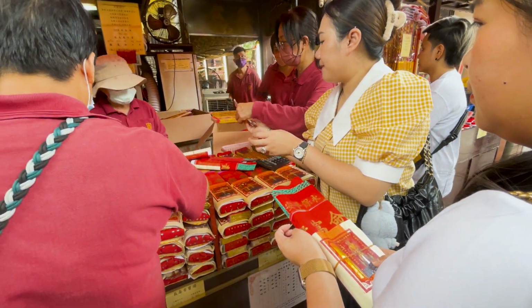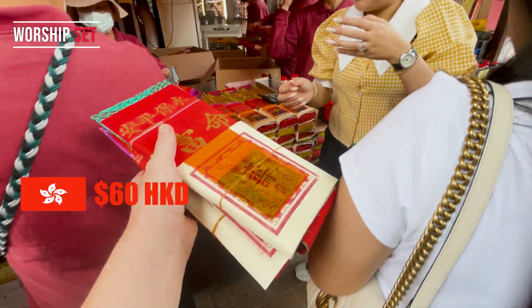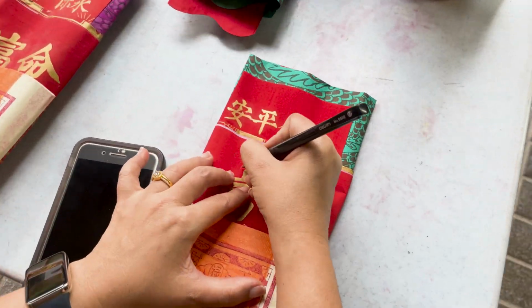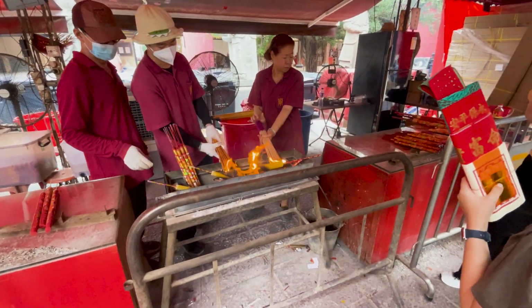And to pray at this temple, you buy your incense sticks just inside the entrance of the temple, which at the time of this video costs $60 per pack. And we found a place to write down our names and birthdays on the incense pack, which is meant to bring good luck. And then to pray at this temple, you give the incense sticks to the assistants to light,